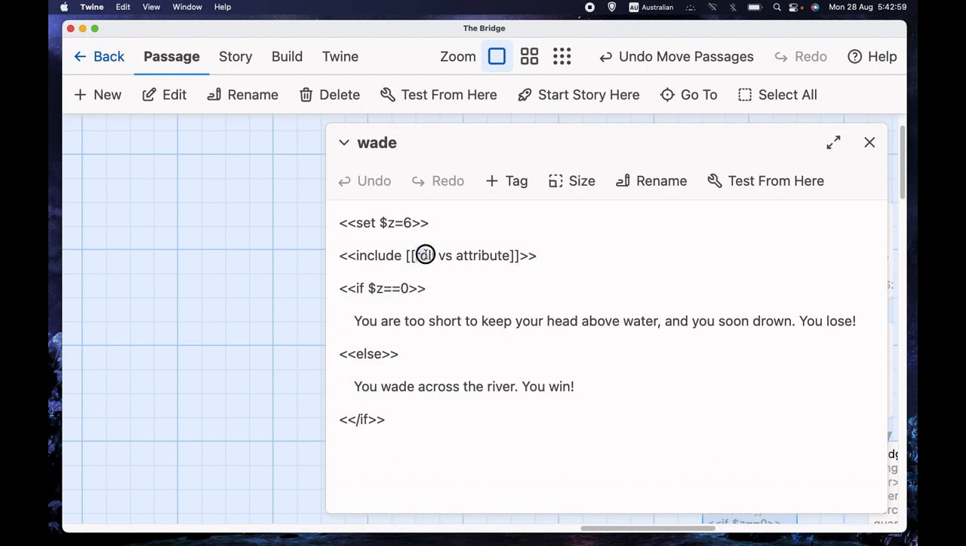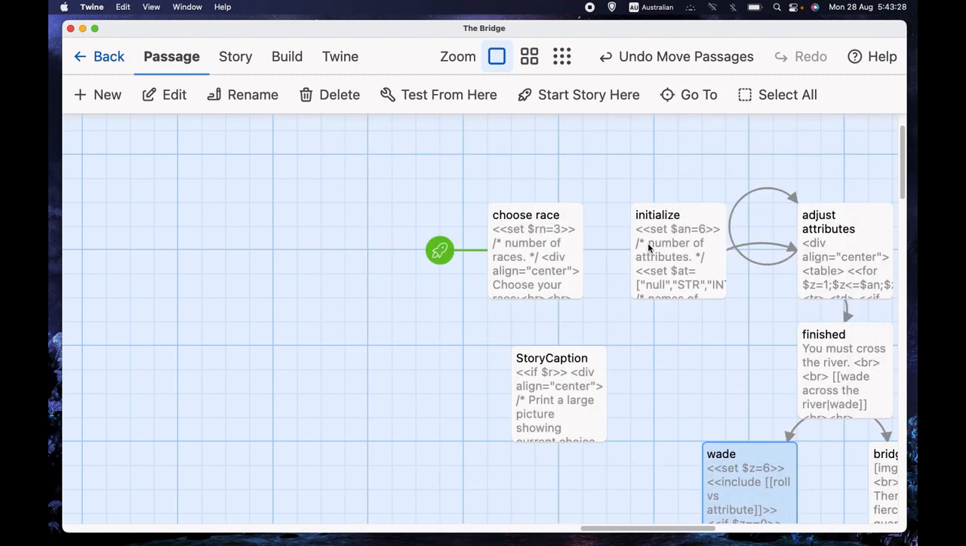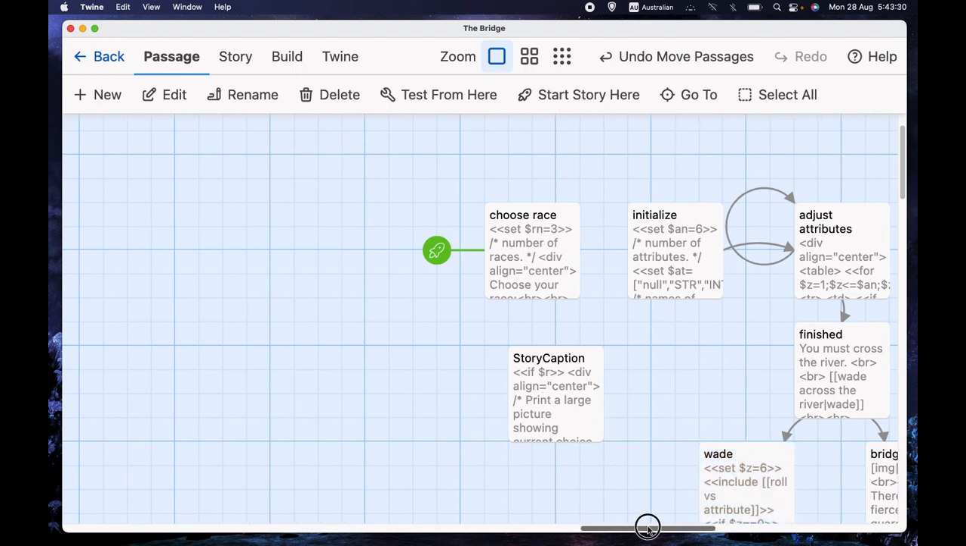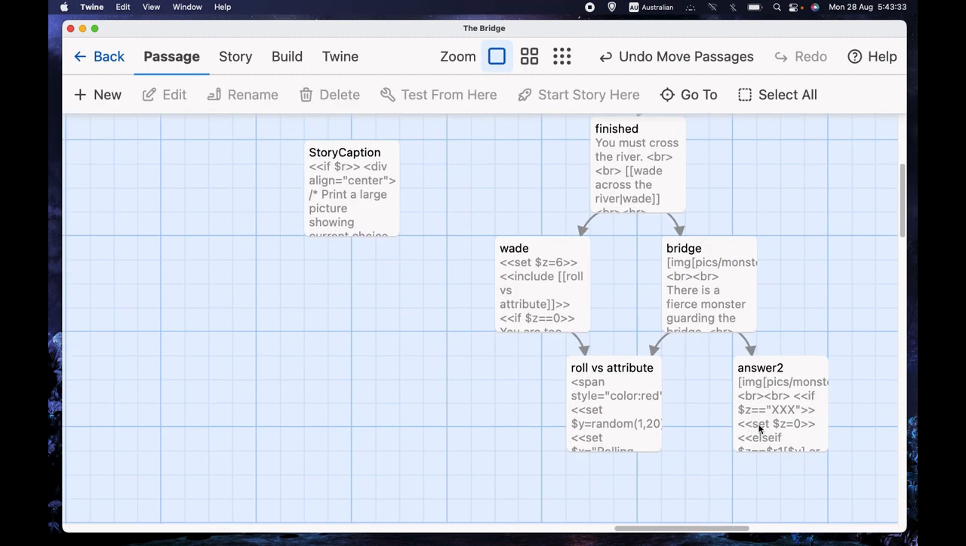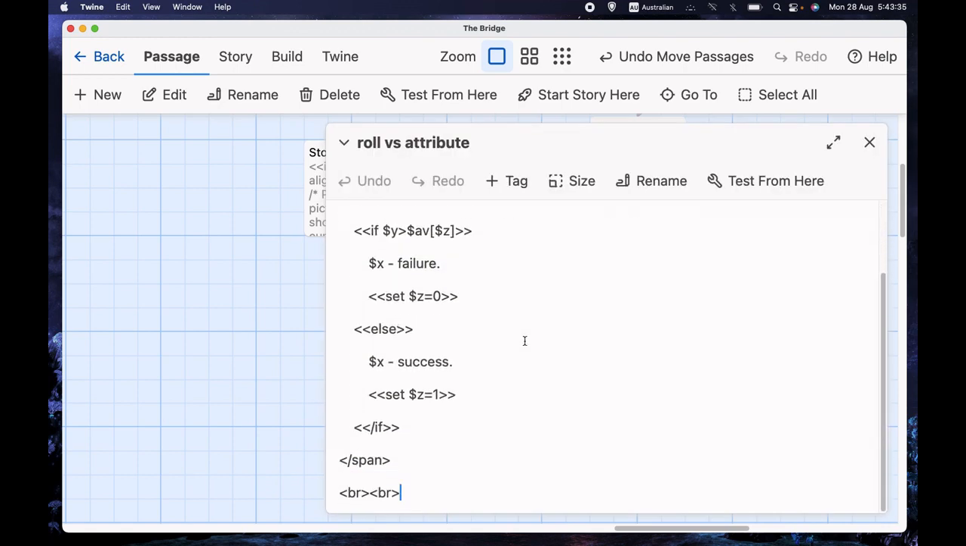And also, if you decide to change how this works, you only have to change it in one place instead of however many there are in the program. At the moment, there's only 2, but this sort of operation is one that is likely to be used lots of times. So it's best to sort of set it up like that from the beginning. So let's look at role versus attribute and see what it does. So we know that it sets Z to 6 and that we're going to role versus attribute with Z having a value of 6. So if we scroll down to role versus attribute, okay,